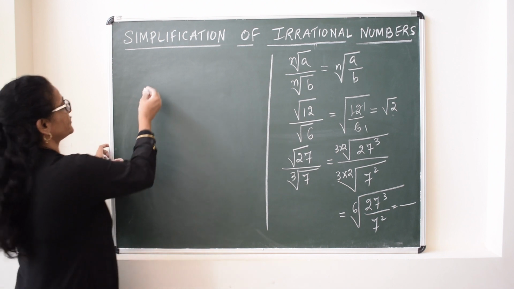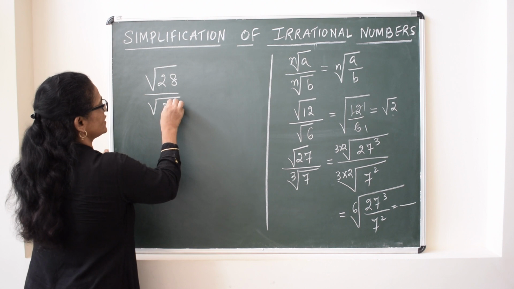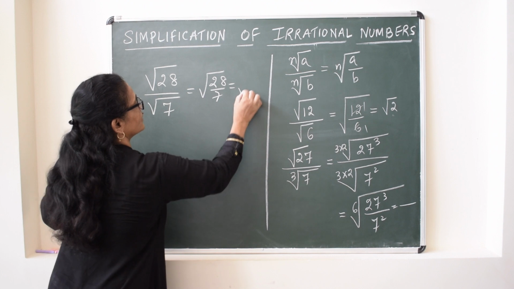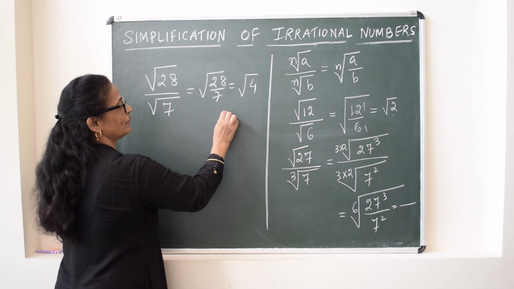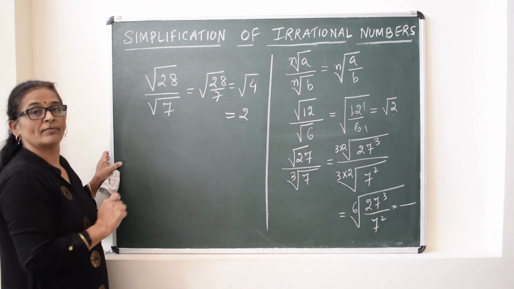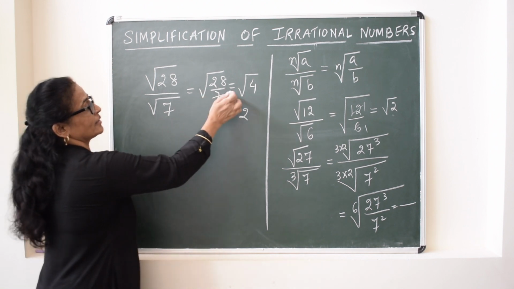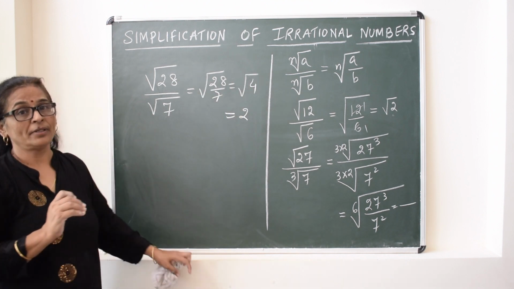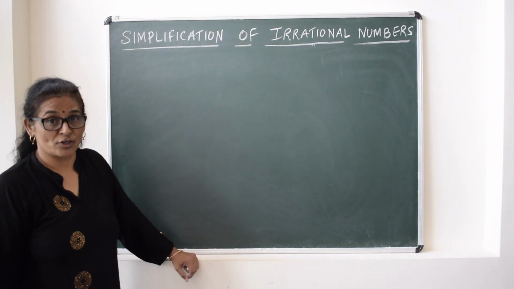Sometimes when the order is same, the left out number, means what we have done, we have combined it, the left out number will not be an irrational. So it is not important whenever you are multiplying or dividing two irrational numbers, the answer is irrational only. This ultimately can come out of the radical sign, means it can remain as a rational number also. Now we will see how can we apply the identities in simplification of irrational numbers.